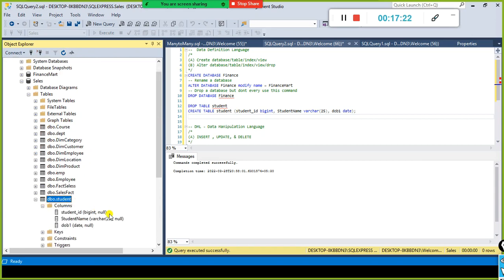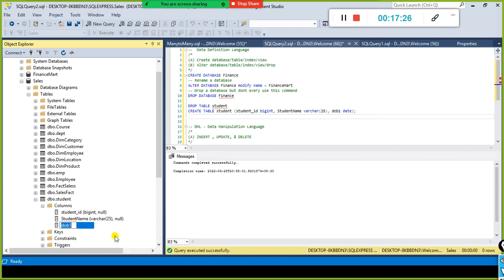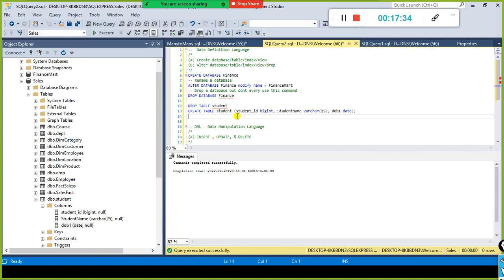If you click on this column, you can rename it here, DOB. You can just remove this and do it, or else what you do is alter table student, and you have something called